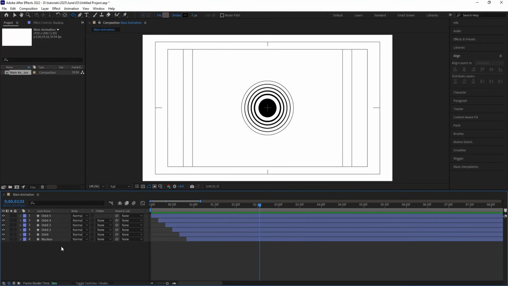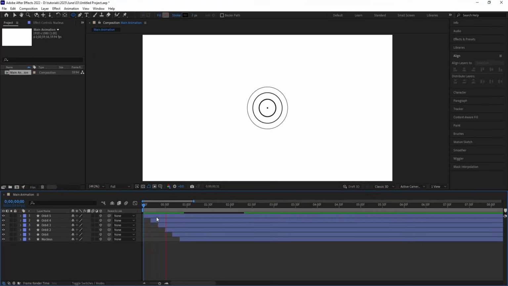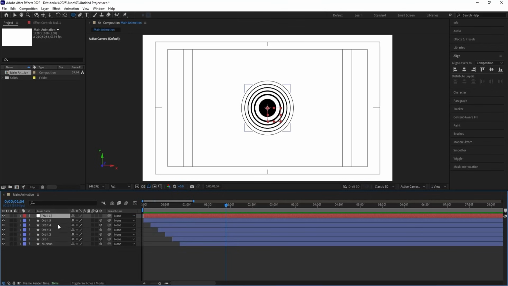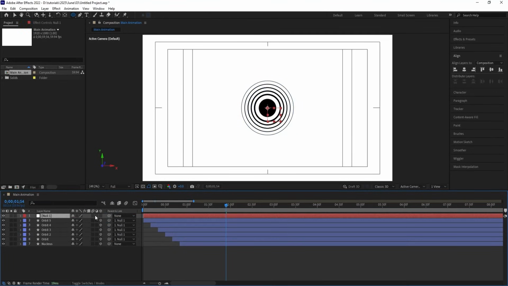Okay, now after that, I'm going to select this nucleus, or you can press F4 to enable this option. Select all of them and convert these layers into 3D, and let's see this animation. Now we will get something like this. Now right click, new, and create one null object. Select all of them and make it a parent with this null, and select this null and convert this layer